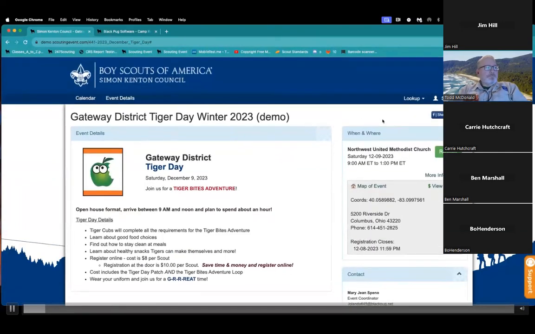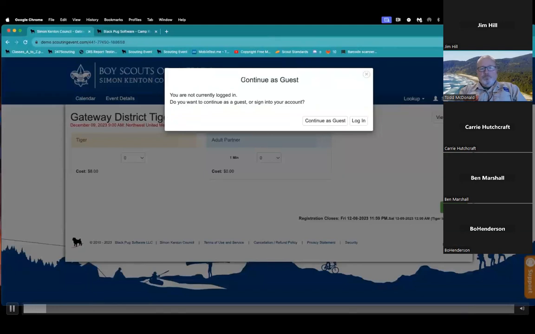So I'm going to go ahead and register. I'm going to click this registration button here. And then it asks me if I want to continue as a guest or if I want to log into a customer account. You are not required to create an account, but I am going to talk about that in a little bit because there are a lot of advantages if you create an account. It's just an easy place for you to go and find all your registrations, and you can have rosters in there that you can utilize for registration. We'll talk about that.